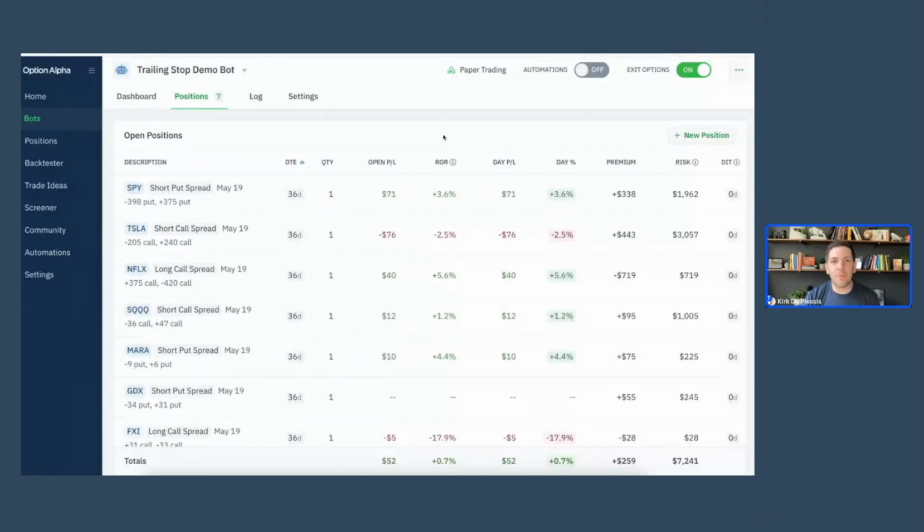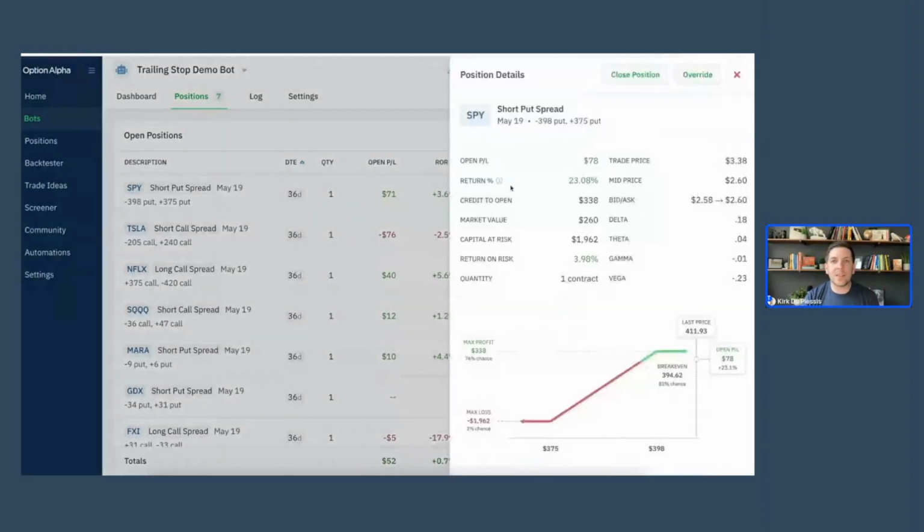Here's what I want to look at. I want to look at individual positions so that we can start to look at how these trailing stops work. Okay, so here's the first one. This is a short put spread on SPY. So this is an out of the money short put spread, 36 days to go till expiration. Currently the position, we sold the position here. You can see the trade price. We sold it for $338, and right now it's trading at $259, and you can see it's updating in real